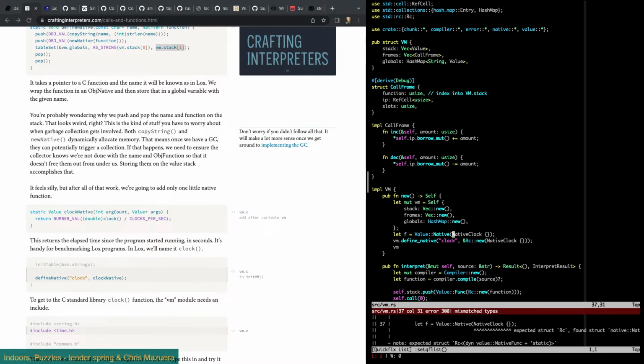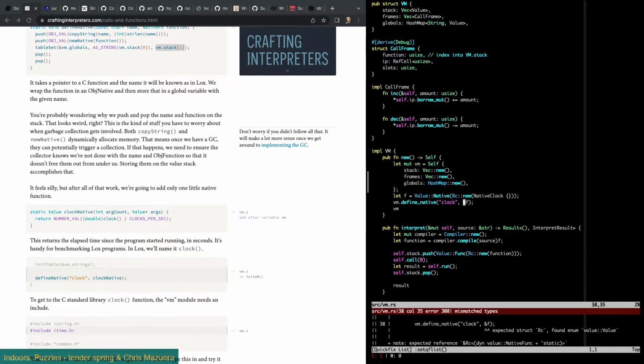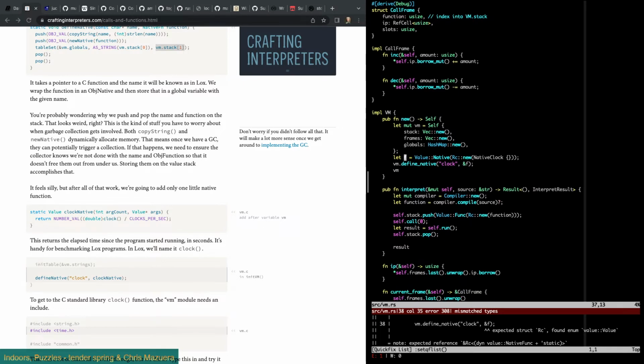Maybe I can't do that. Yeah. Oh, Rc. Oh. Rc new. Okay, so that's allowed. Can I do this? No. Expected trait object found.